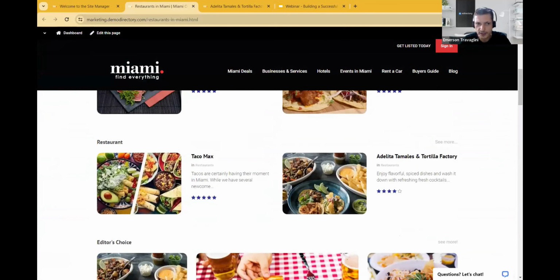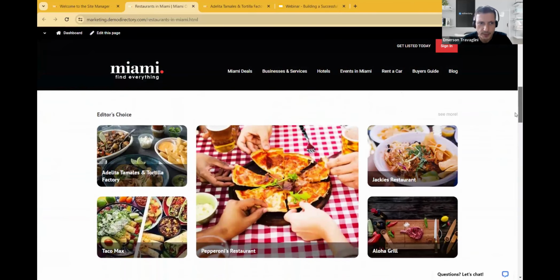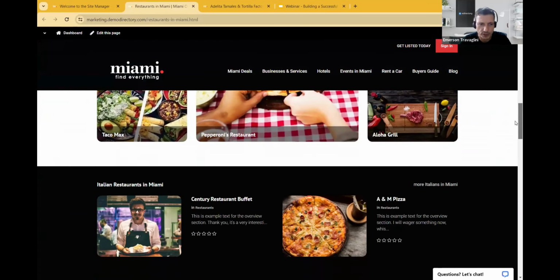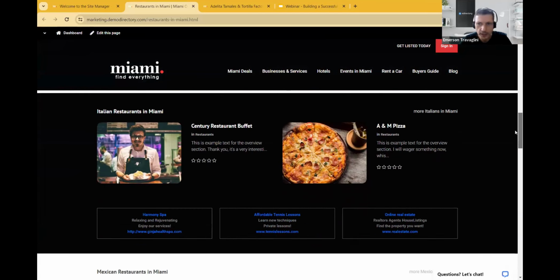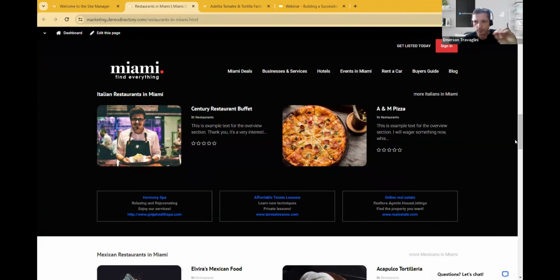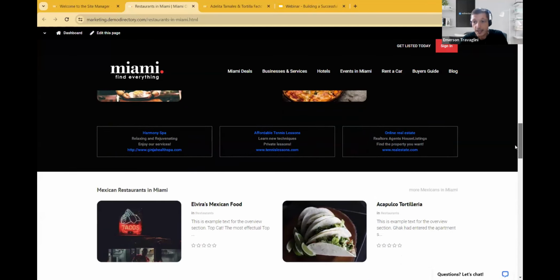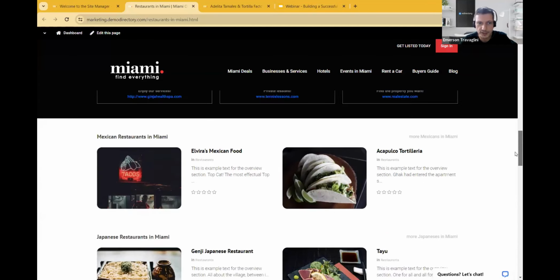I had already set this one restaurant with options in Miami based on the location and the category. And the content that James mentioned, the editor's choice, that we can handpick some restaurants to be displayed here. If you want to do by category, Italian restaurants, not just random restaurants, we can select and create differentiators on the page. So if you're looking for sushi or for Italian or for Asian cuisine, you can highlight some of your best advertisers here.